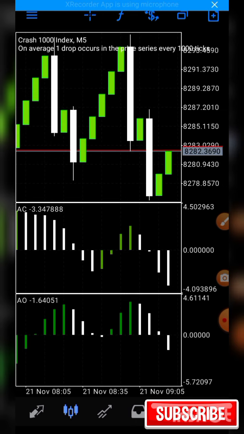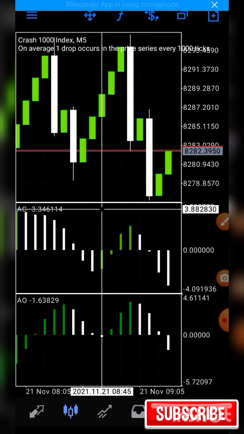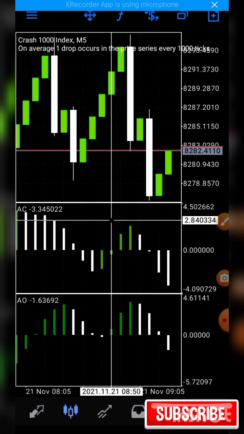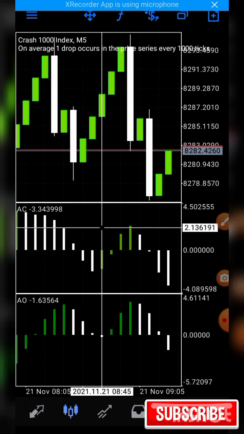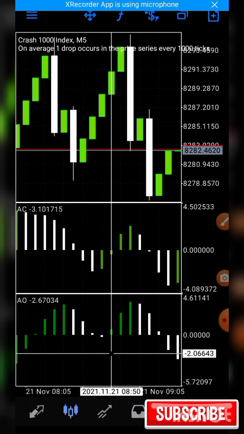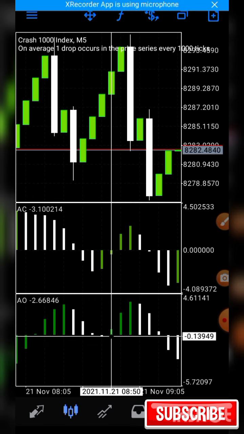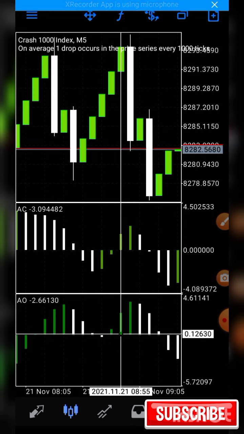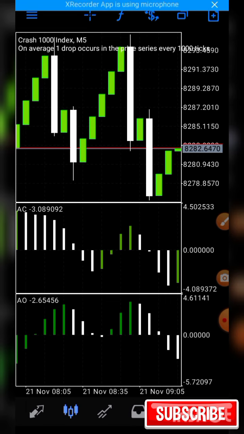Now look at what is happening here. All becoming green here. At this point, all becoming green. Here you must have taken. Here you can decide to take 2 to 3 candlesticks, but I take 2. Like I said, I take 2, which is 10 candlesticks. So 1, 2. I'm out of the market. Now when you take 2 candlesticks, you should know that you are taking 10 candlesticks on time frame 5 time frame.